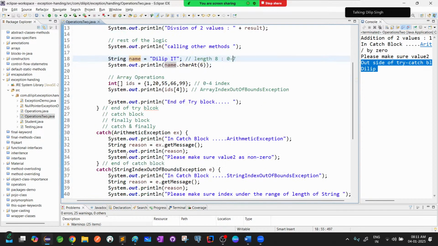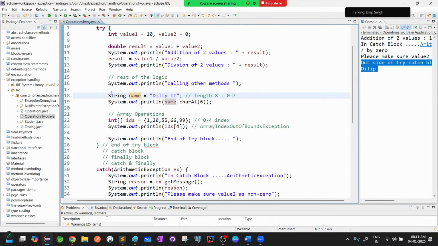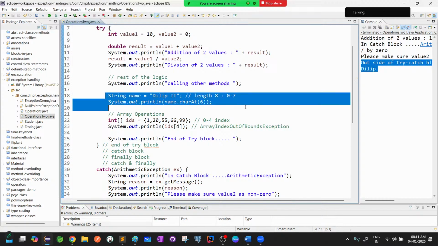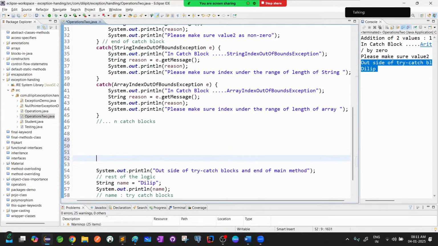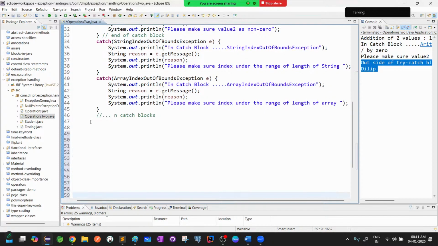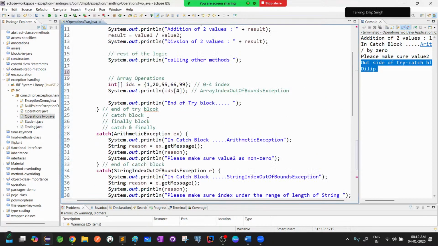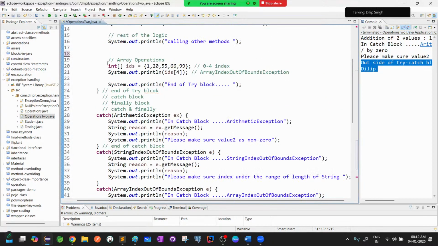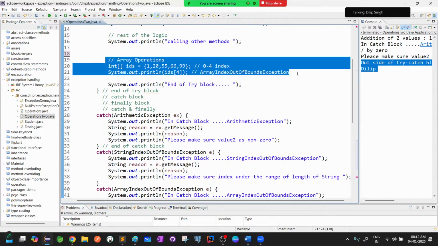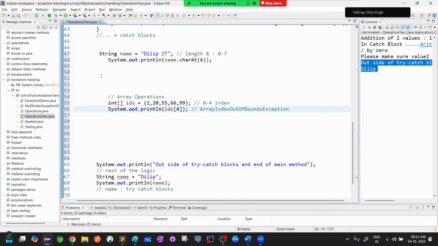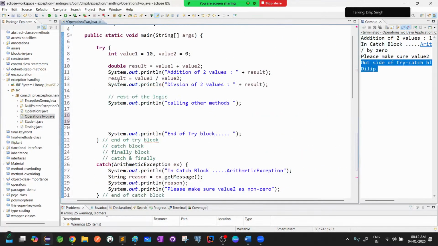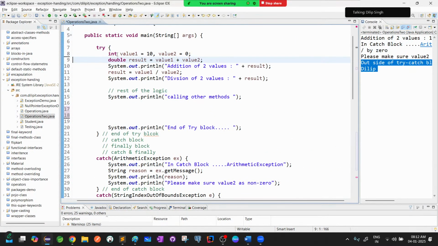So see here, what can we do? Yes, now what will I do? I'll take this logic. Okay, so operation 1, operation 2, right? And this is operation 3, right? What I'm doing is writing individual try catch blocks. So that means now what I will do, operation 1 point of view,